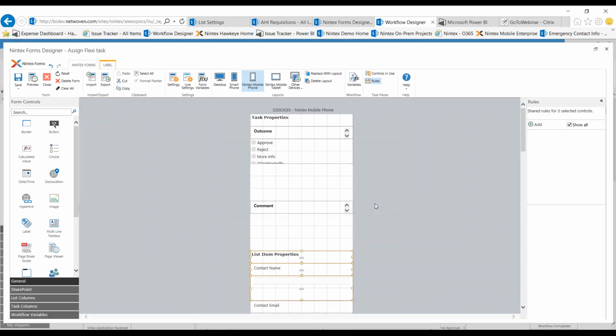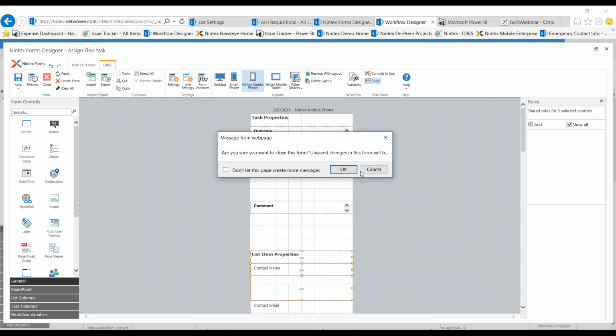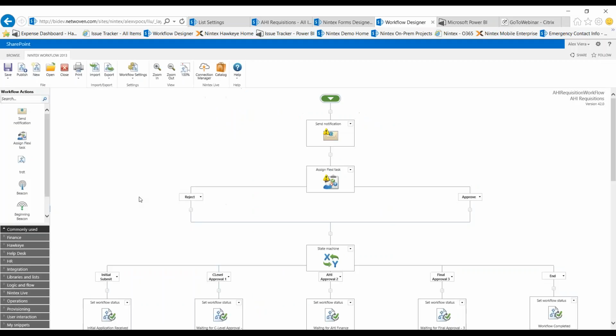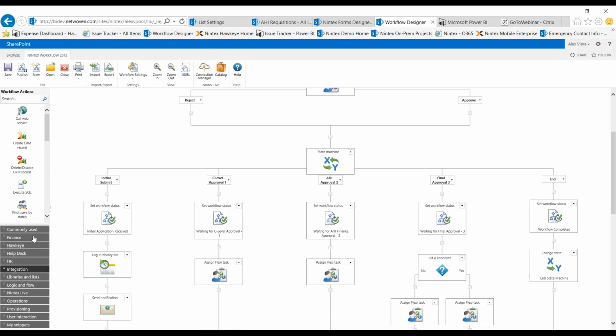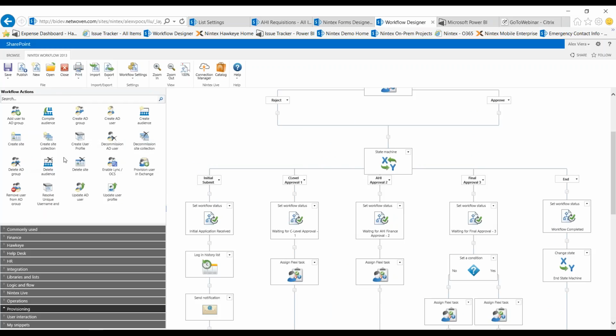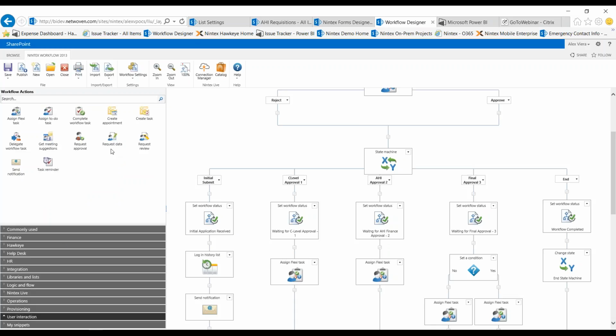Another thing as well, when we're talking about doing the forms and the workflow here, is being able to connect to a bunch of different other applications. So when you take a look on the left-hand side, I can connect to Active Directory. When we talk about integration, when we talk about provisioning, maybe I need to create a user in Active Directory as part of my HR onboarding and stuff like that. So you have connectivity to all of SharePoint and Active Directory, Exchange, doing different things for tasks approval, sending tasks, creating emails,